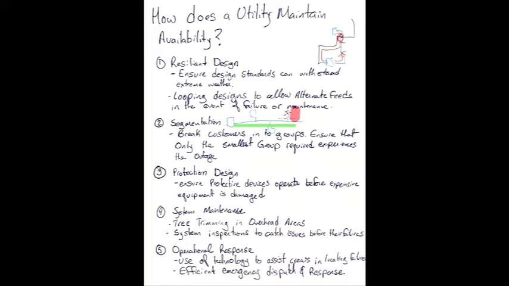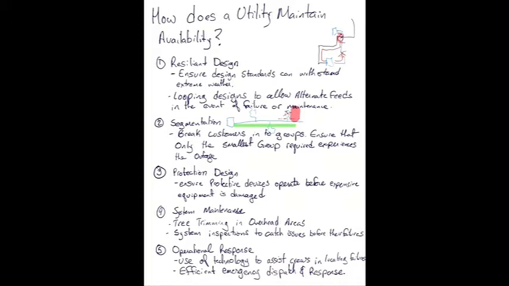Maintenance is important. We've got to make sure that we keep up on our tree trimming. If your trees are cut well back, they tend not to end up in your lines. If you haven't done maintenance in 10 years, those trees are all grown in and they're interspersed with your lines. And I'm sure you guys have been driving and you've seen a tree with a hydro line through it. That's not real good for reliability. You get a bad branch come down and all of a sudden your lines are all tangled up, or a strong wind and all of a sudden your lines are all tangled up. You've got a fault on your hands and it's a mess to clean up.